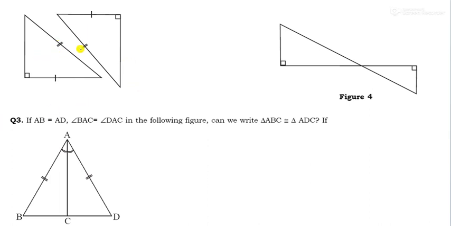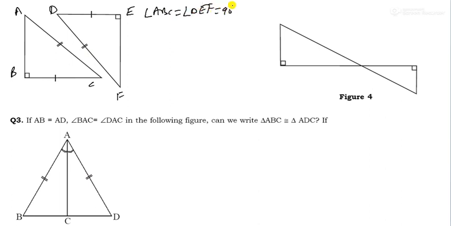Now in this figure you can watch. First you can put the names A, B and C. Here is ABC and here is D, E and F. What will happen? Now you can check here, one side is equal and the angles are equal. So first of all, angle ABC is equal to angle DEF.